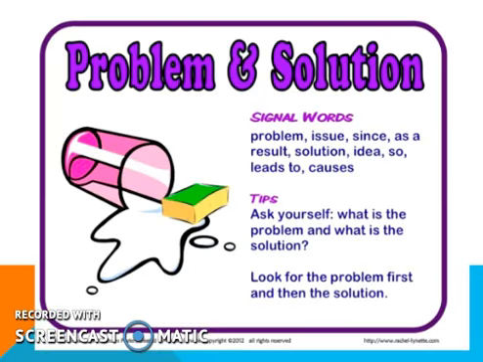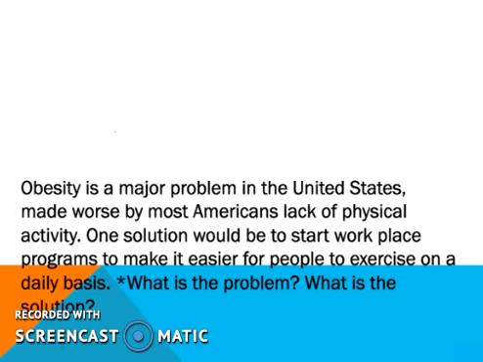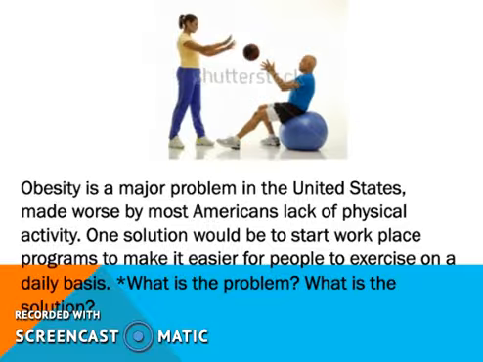Problem and solution is another type of text structure that presents an issue and a way to solve or make that issue better. Here's an example. Obesity is a major problem in the United States, made worse by most Americans' lack of physical activity. One solution would be to start workplace programs to make it easier for people to exercise on a daily